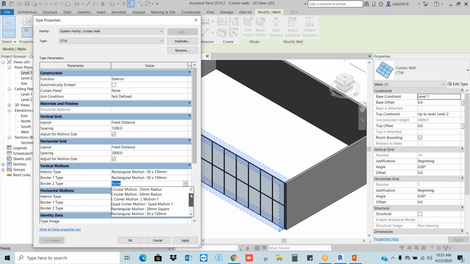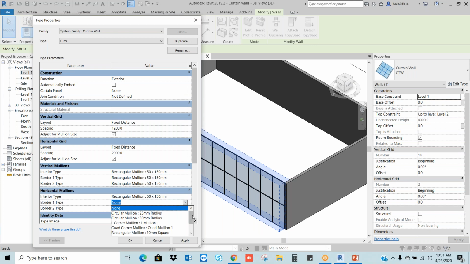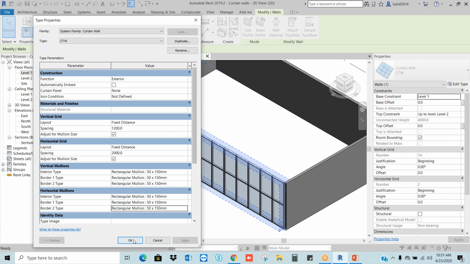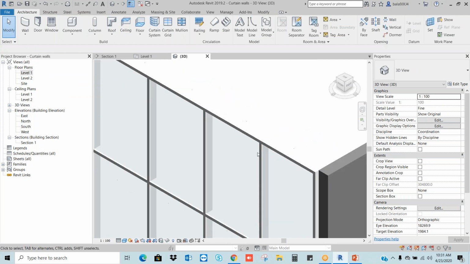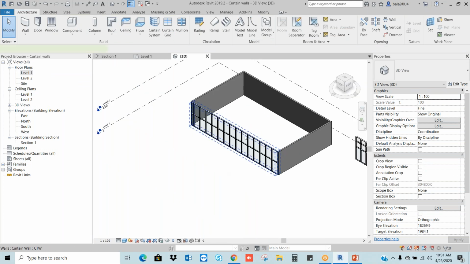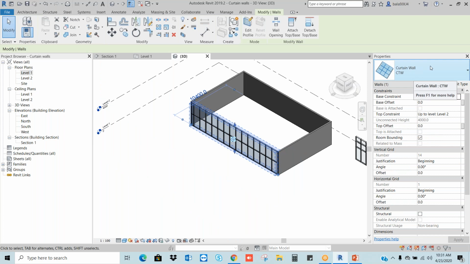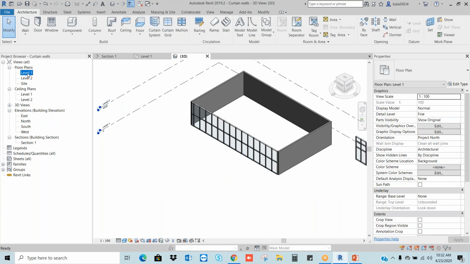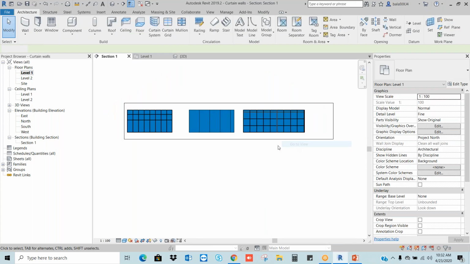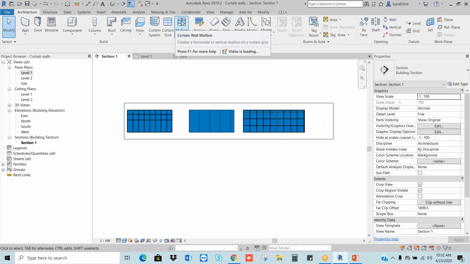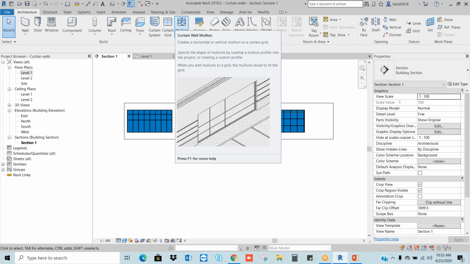This is border 2. And now we can see the visibility. Okay, so we can work in our own way also to create the curtain walls. But the basic method is, to draw any curtain wall, we should have the grids and mullions. Got it?